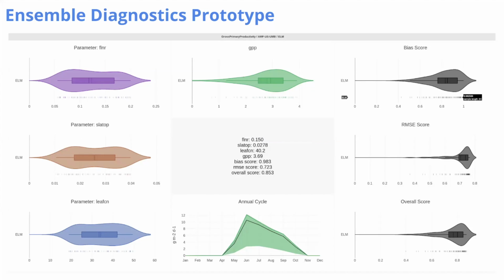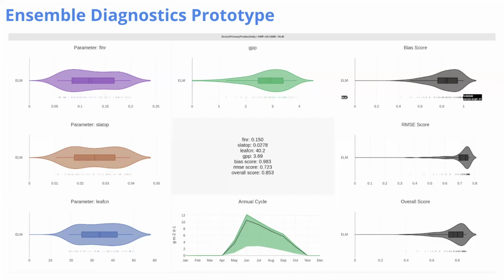As a part of this, we also developed some new Ensemble Diagnostics that allow you to move your mouse over different parts of these violin plots. This isn't active right now; this is just a static image. But if it were active, you would see that wherever I was, for instance, in this parameter, then bars would appear and be highlighted in other violin plots so that you could see, for instance, what combination of parameters gives me the best bias score, right? So where am I least biased in my model by doing that?